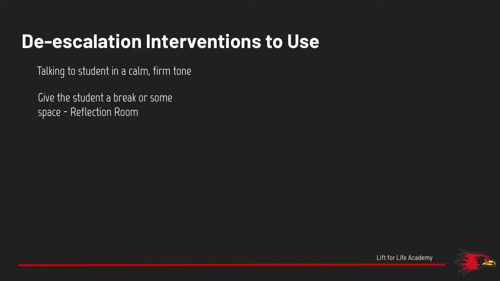That way they can practice mindful breathing and reflect on what is causing the behavior. Use I statements when discussing with the student their behavior and their feelings. And finally, give students time to reflect on their behavior and to come back into the classroom emotionally regulated and